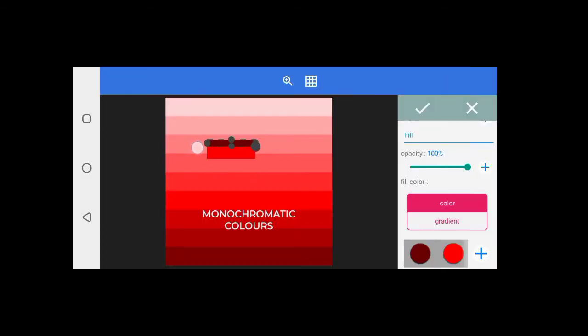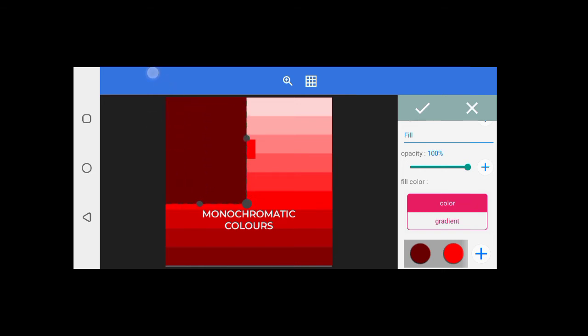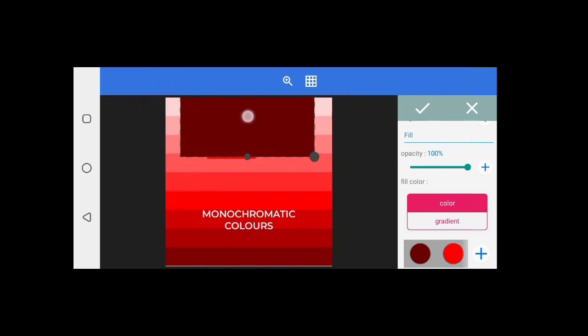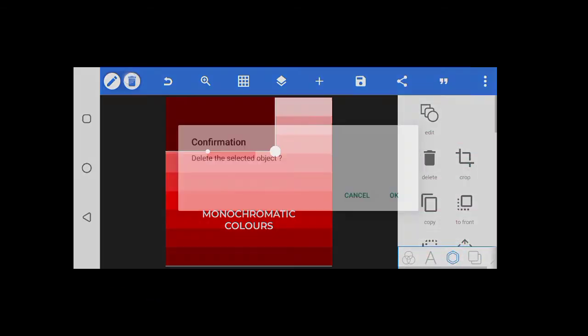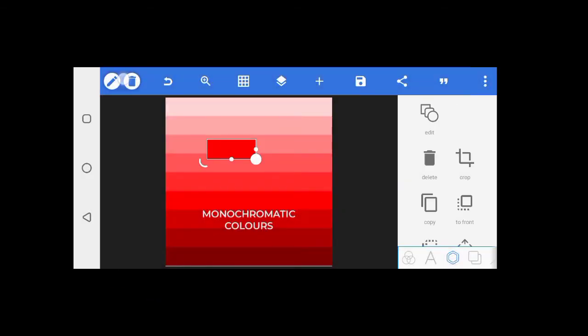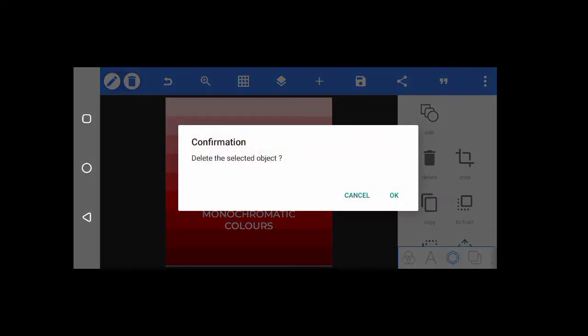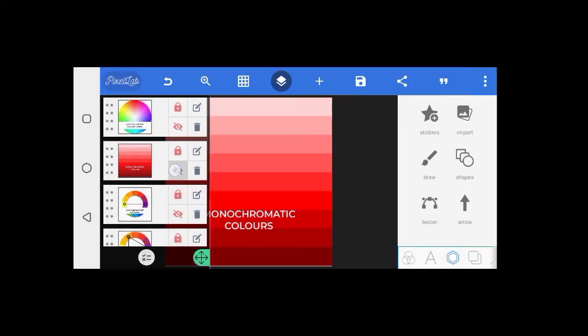And it now depends on you whether you want this one to be the one that will fill the whole design, and this one will be the minor one, or vice versa, depending on your design patterns. Sometimes you need to add tweaks to the colors, but this is a wonderful way of selecting colors. Let's move to the next one. The next one is, let me delete this. The next one is